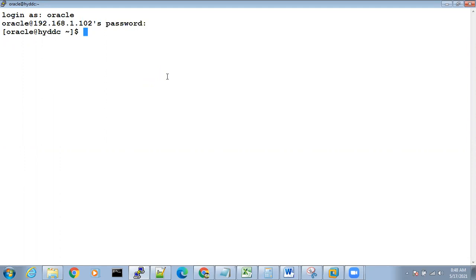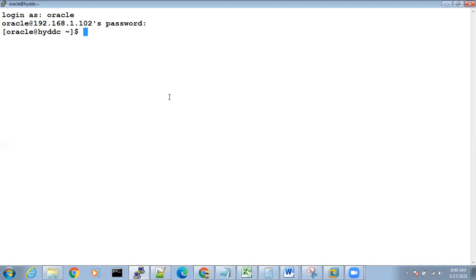But we will not use that tool today, because we are going to do the database creation manually. First, we will work on the manual database creation steps. Then at the end, I will explain the difference between DBCA and manual database creation, and the importance of this method.